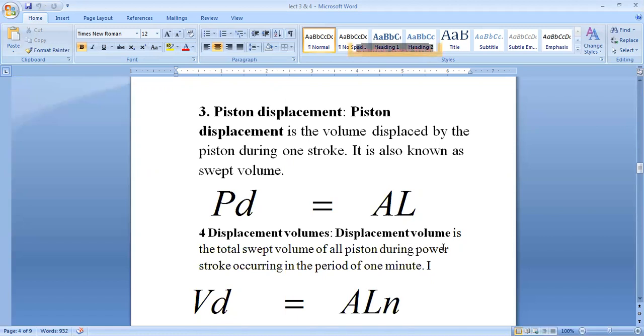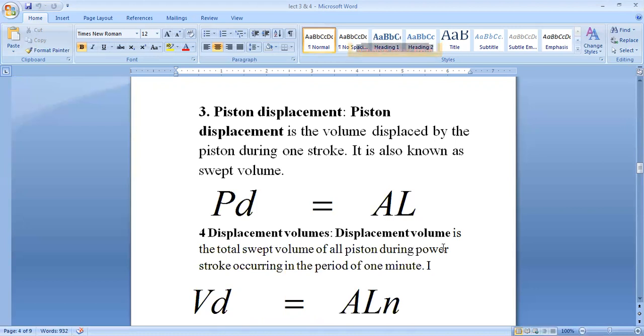Means when the piston moves inside the cylinder, the volume displaced is called the piston displacement. Pd equal to A into L, where Pd is the piston displacement, A is the area of the cylinder in square centimeter, and L is the length